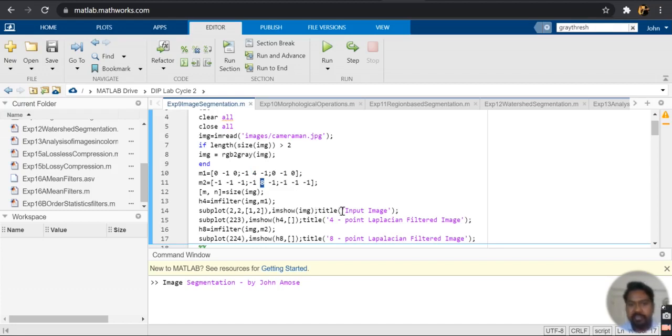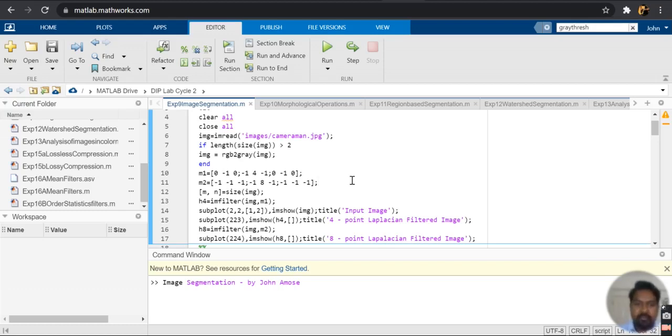That is where the name comes from, a 4-point Laplacian filter or an 8-point Laplacian filter. In both cases, the objective is the same. We are trying to identify isolated points within an image.